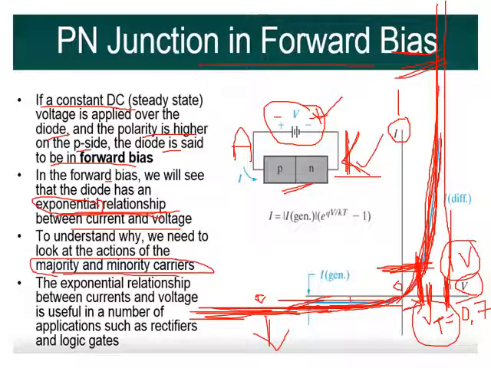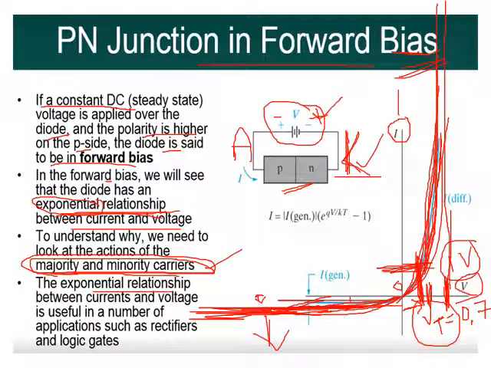Yeah, we'll discuss it. I guess at the end of the lecture, I will be covering that breakdown. Yes, that breakdown indicates the excess current only. So the current is due to majority and minority carriers. Current in forward bias is due to majority carriers, and current in reverse bias is due to minority carriers. This point is very clear.